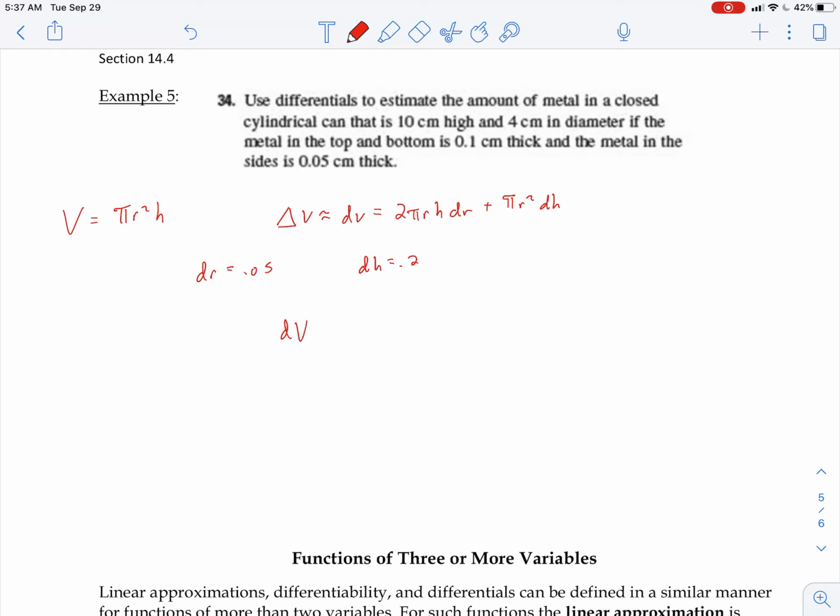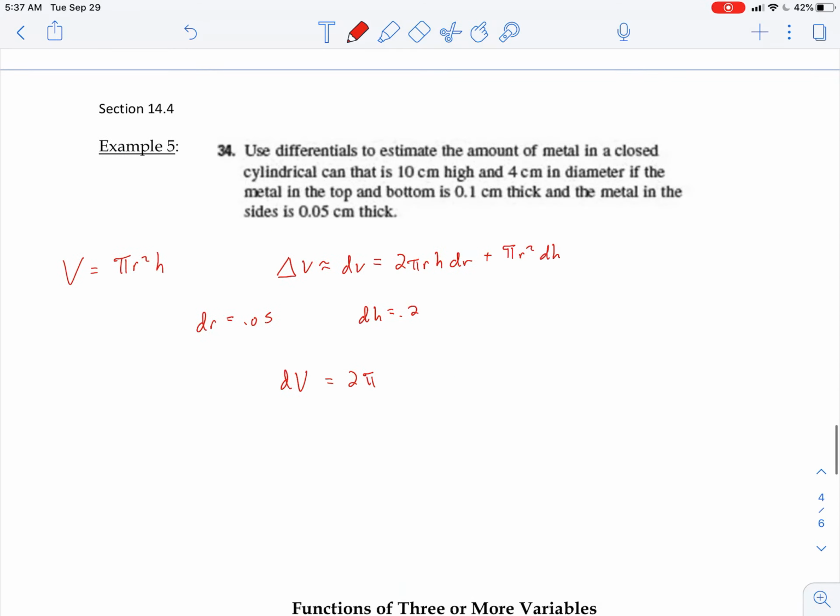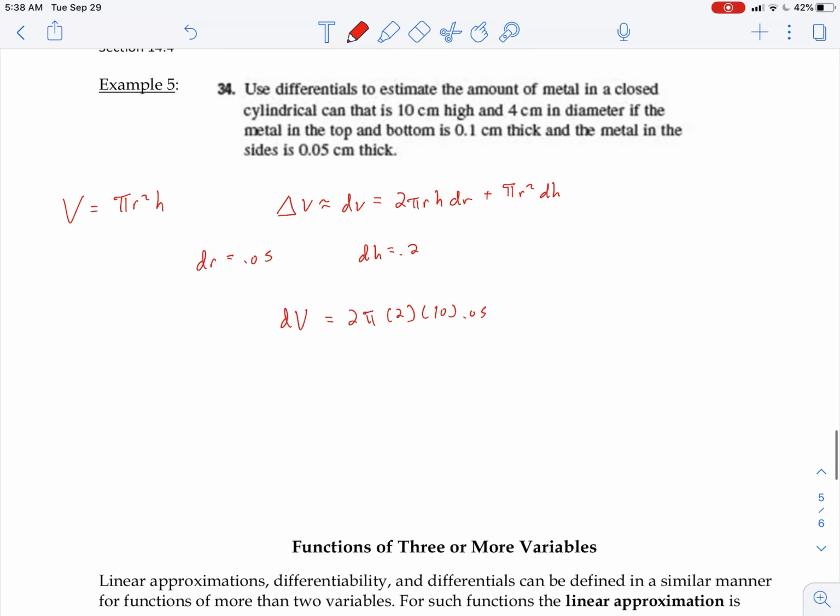And so now our formula is just going to be dV is equal to 2 pi r, 4 centimeters in diameter. So if 4 is our diameter, then 2 is our radius. And then the height is going to be 10 centimeters high. And then our dr, our total change, is going to be 0.05